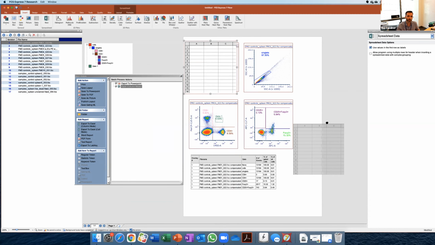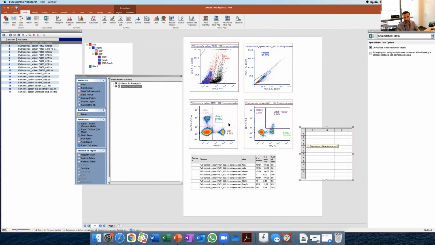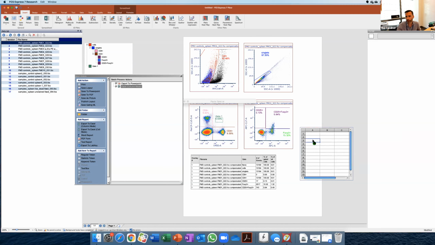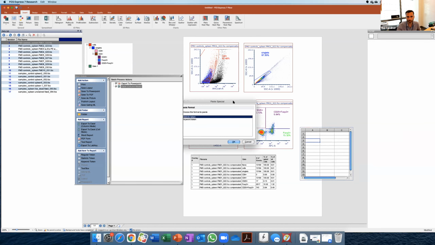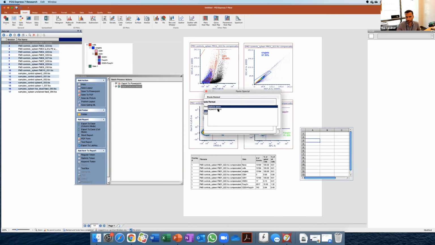And we can ask the software to display statistics. So let's say I want to see the percentage of CD4. First, I want to make sure that I have the name of the file. So I'll drag this over here, and it's going to ask,